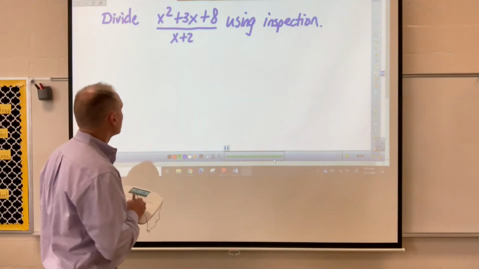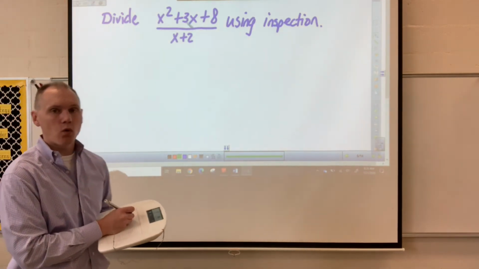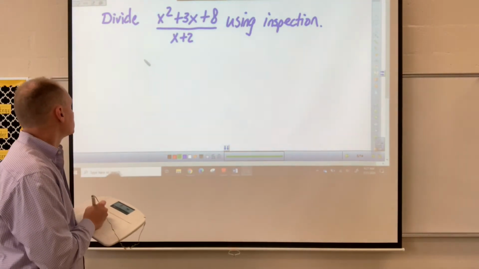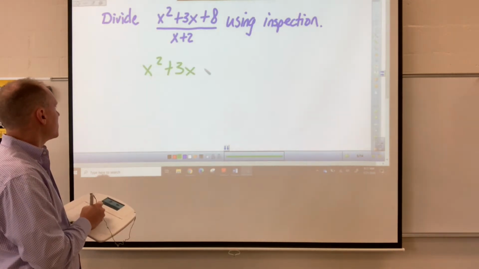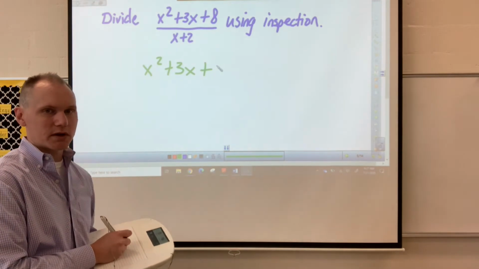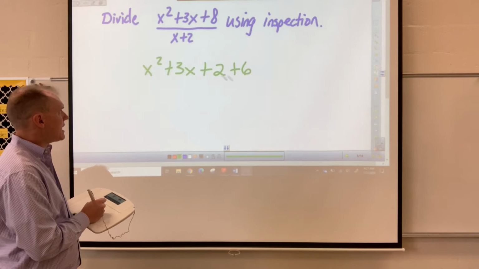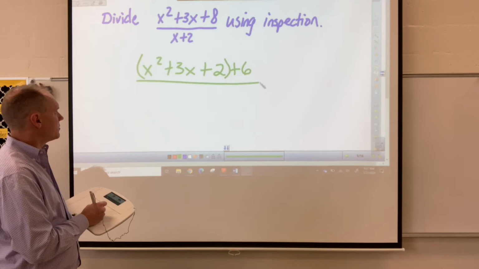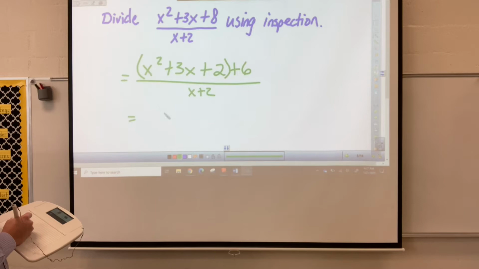Okay, so in this one, if 2 is a factor, let's see, 2 plus what is 3? 2 plus 1 is 3. So our factors are going to be x plus 1 and x plus 2. So we're going to rewrite this as x plus 1 and x plus 2, which multiply to give us 2, the 2 and the 1 multiply to give us 2. But I still want it to be 8 out here, as it was in the beginning. So I'm going to put plus 6 to still make it be 8. Now I can factor this quadratic that I built. That's going to be x plus 2 times x plus 1